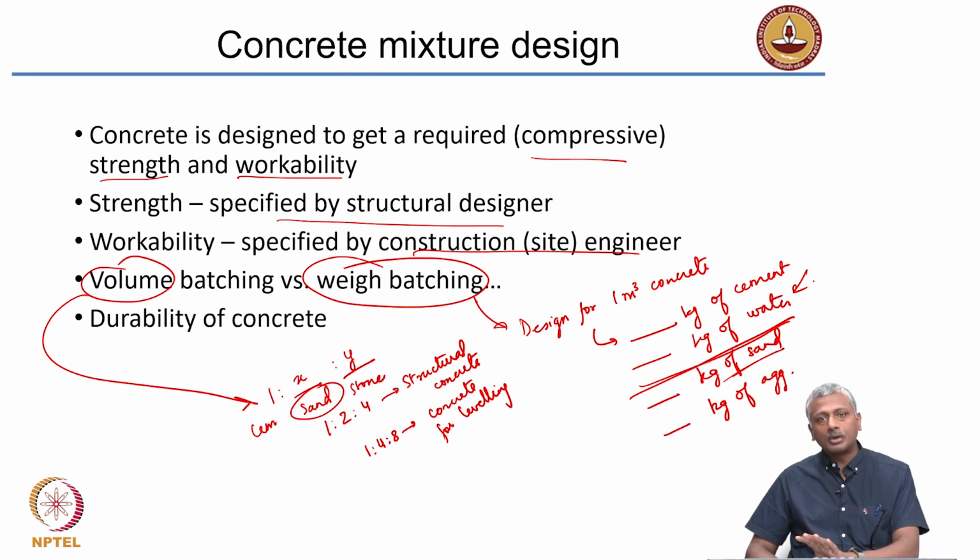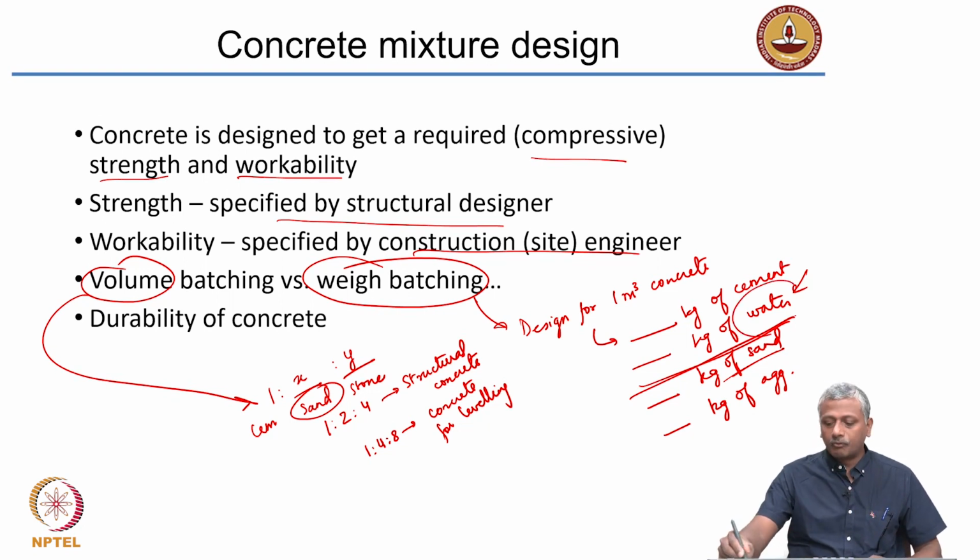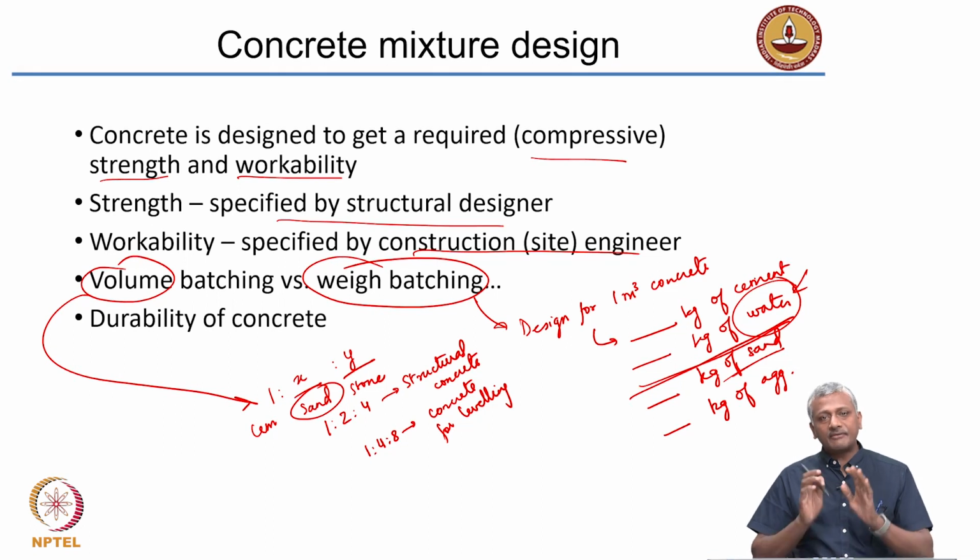Okay. So, weigh batching involves a lot more control. You can design concrete with a very clear set of characteristics. In volume batching, you don't know what you're going to get. It all depends on the mason on site, how well they are able to mix up the concrete and produce the concrete of the right strength. Okay. So, if you are an engineer, please do not support volume batching, go only for weigh batching. It just requires some additional facilities for weighing things and ensure that you produce a concrete of the right level of strength, and that is determined exactly or almost entirely by the amount of water that you put in the mix. So, ensure that you have some way to dispense water to the right level of accuracy.